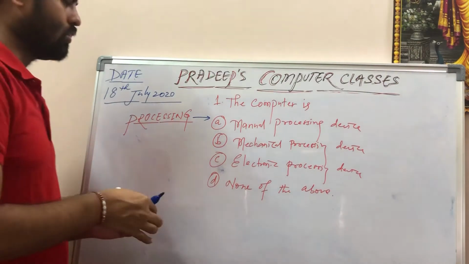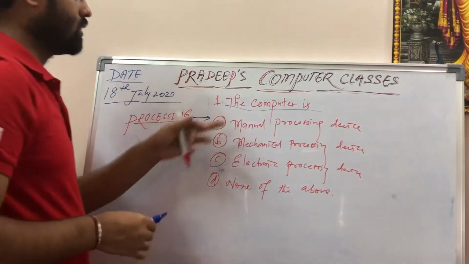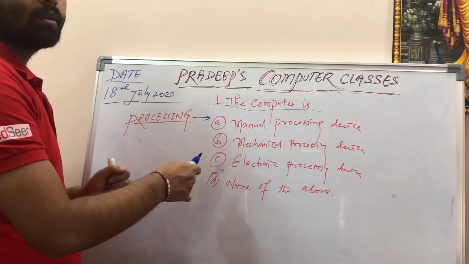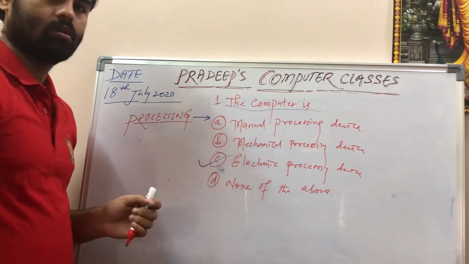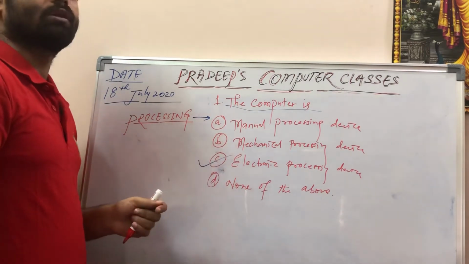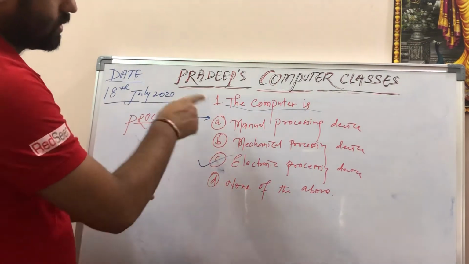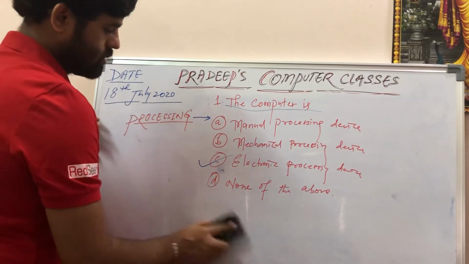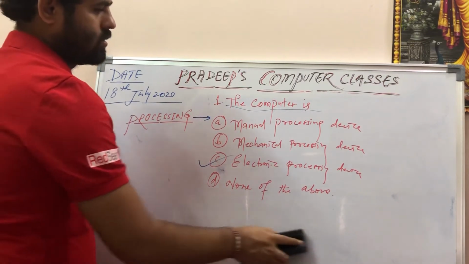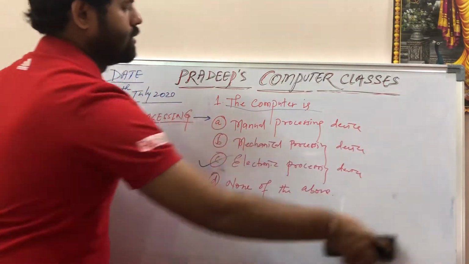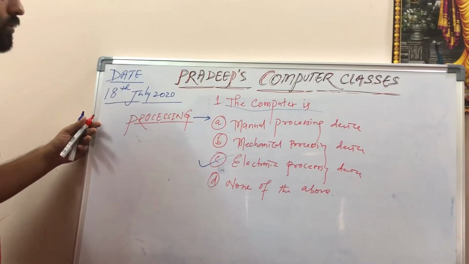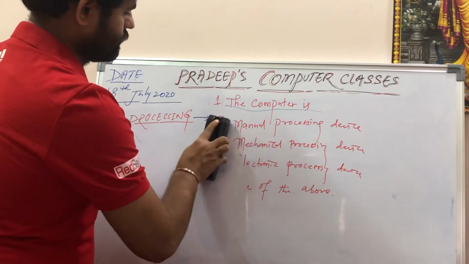So I have told the question, the computer is manual processing, mechanical processing, and what answer will be there? The answer is C. C is electronic processing device. So this question you can make a note. The next question is, okay, you can make a note of it. Fine. So next question is,